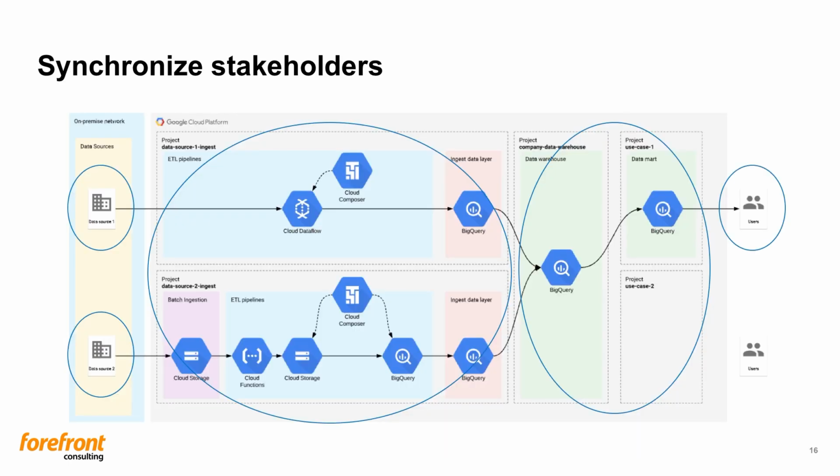To be able to succeed in the cloud, you need to synchronize your stakeholders. This picture you have seen before, and now I have added circles which represent the different stakeholders from a recent project. Each of the 2 data sources has their own expert. Then we have my colleague Christian, who did the ingest parts of the project, and then me, who built the data warehouse and data marts in BigQuery. And then we had the representative of the users. So this project is in an early stage with only 5 stakeholders.